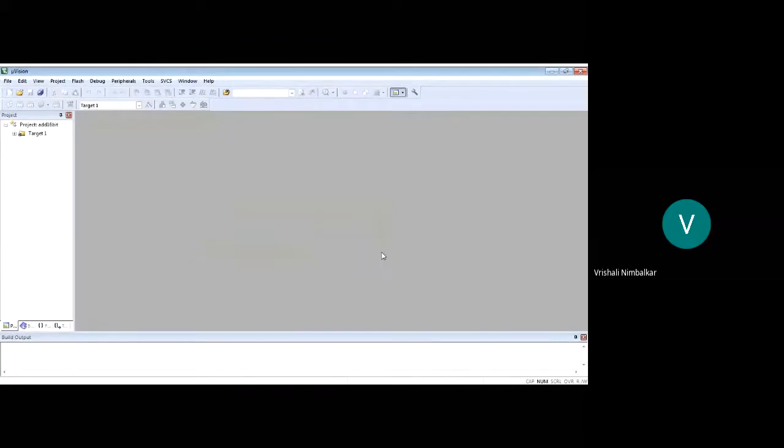No. I will write everything from fresh on my own. So a target folder gets created in the project workspace. This is called the project workspace. This is the console for errors and warnings, and this is a text editor in between.